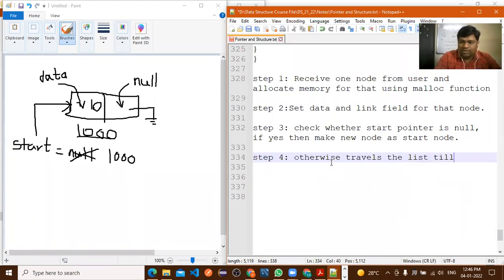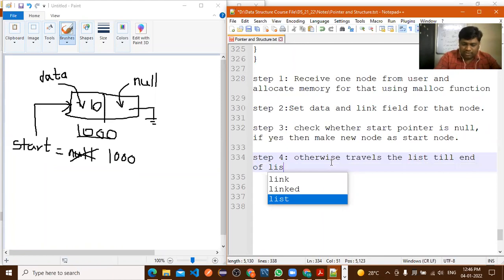till the end of the list and add the new node. Right. So what we need to do, if the first node is,